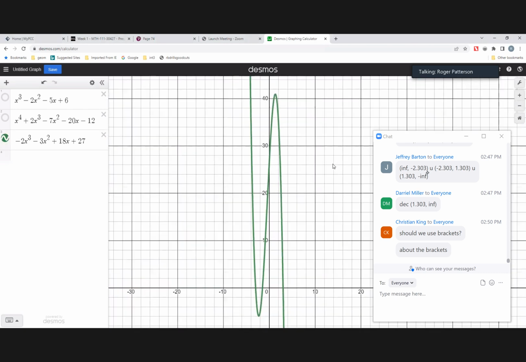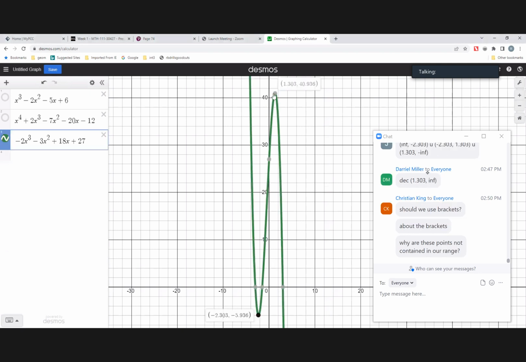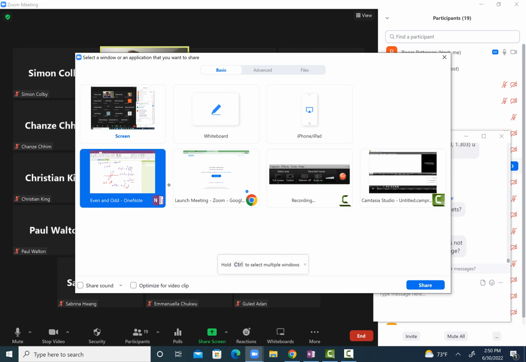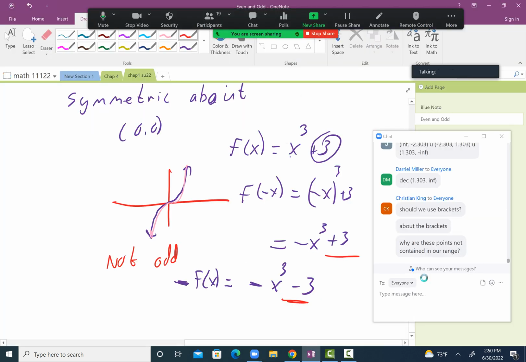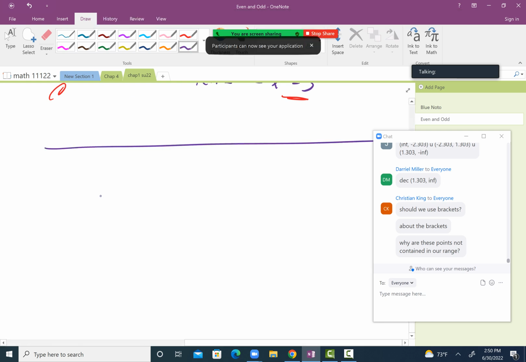Okay, so the other thing we're going to do, and this is an easy one. Basically, we're going to click on these points, and these are called maximum or minimum values. There are two types of maximum and minimum values: local and absolute. So I'm going to stop this share and go over to here. There we go. So for our maximum and minimum points,